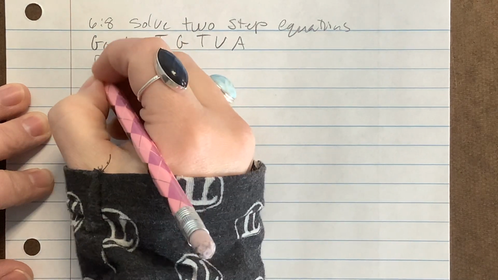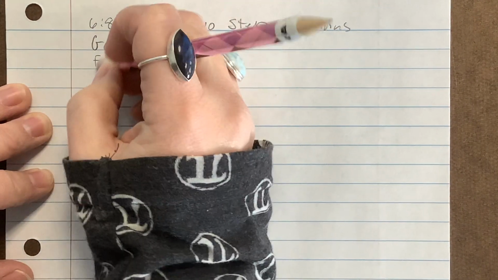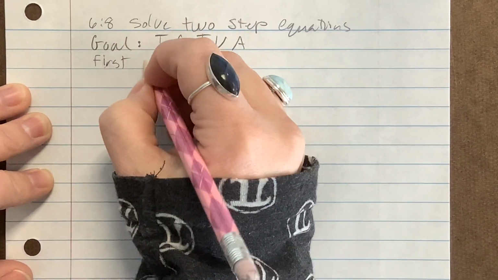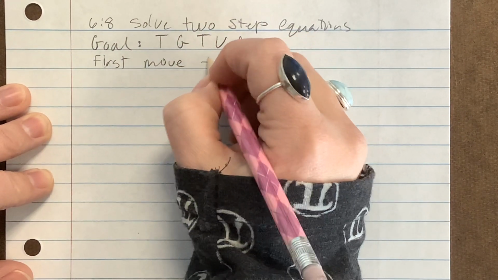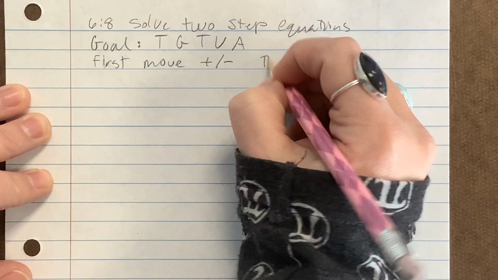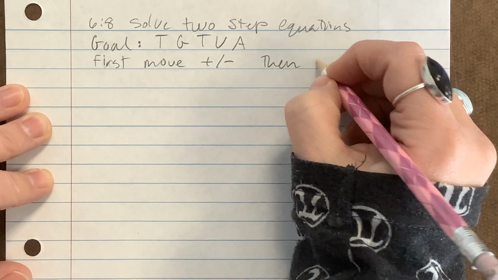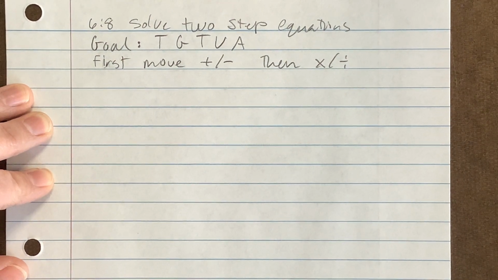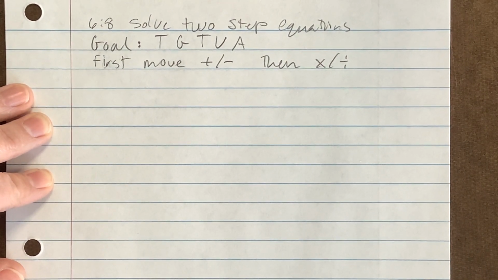First, move addition and subtraction, then multiplication and division. And then because this is an inequality, we have to remember the rule that we